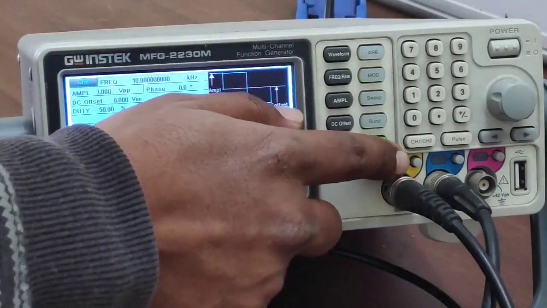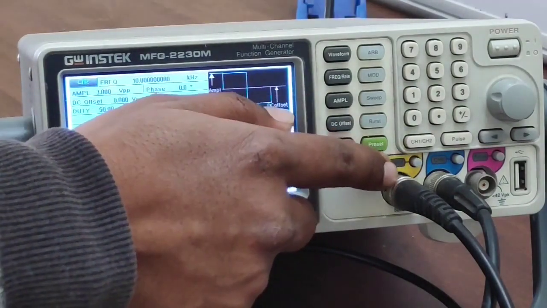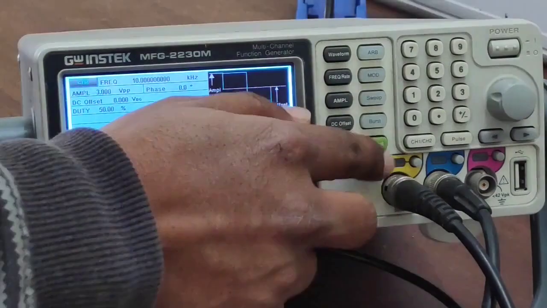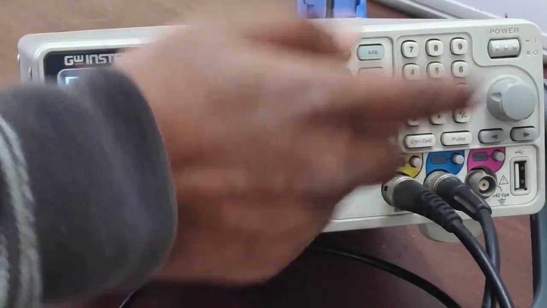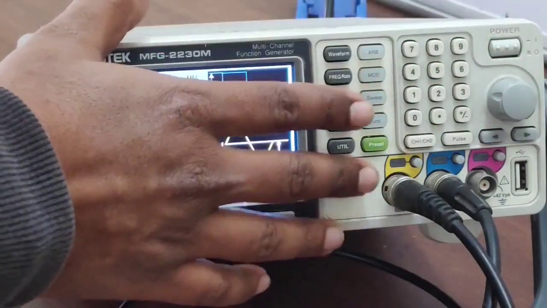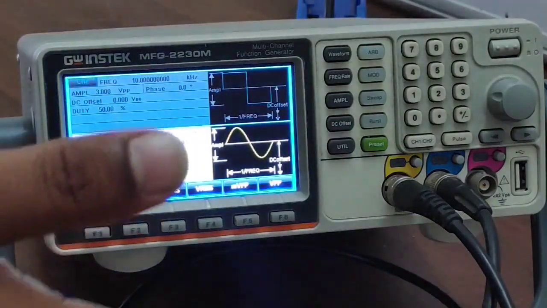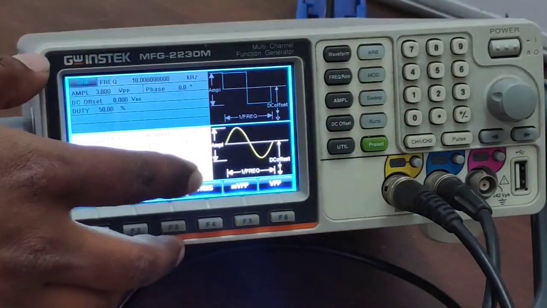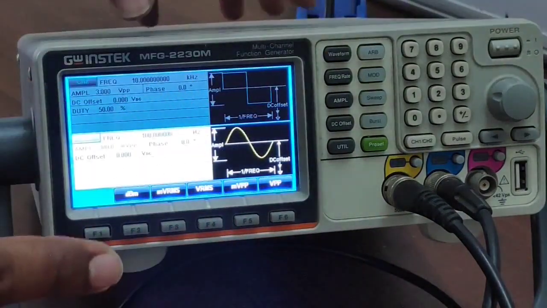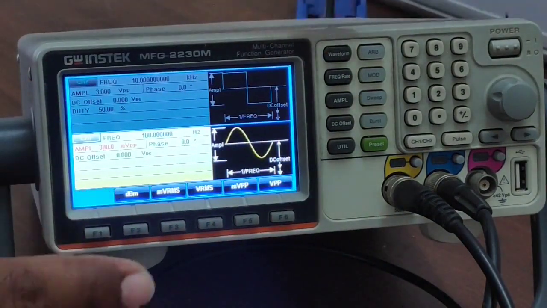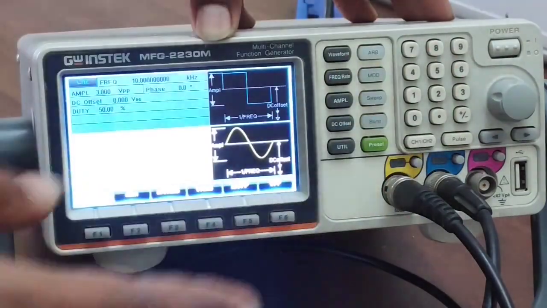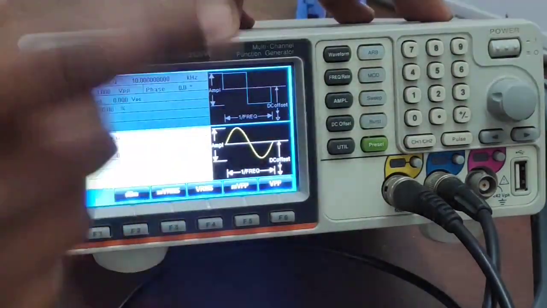By doing these kinds of things, we will select a wave, and for generation purposes, just check here. There is a button above this channel output wire. When we press this button, the function generator starts to give out the output. If we haven't pressed this button, the signal which we have generated is present in the function generator, but the function generator will not give it as the output. When we press this button, then only it will give us the output.